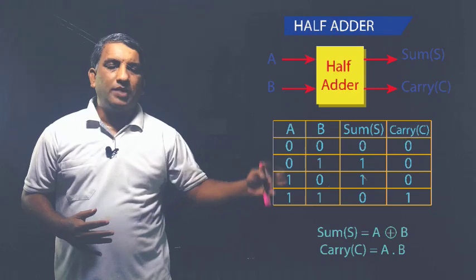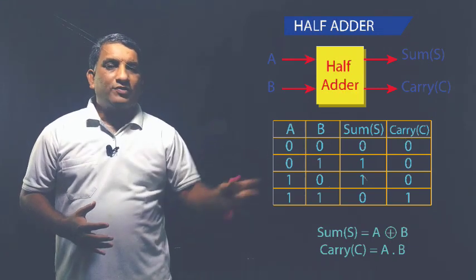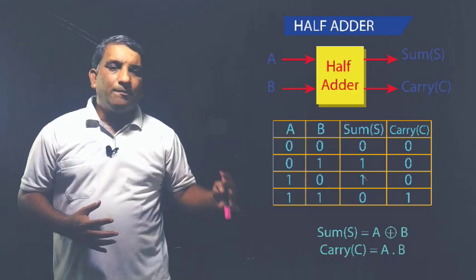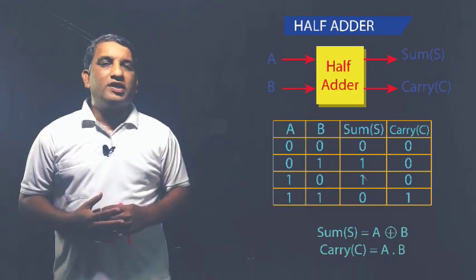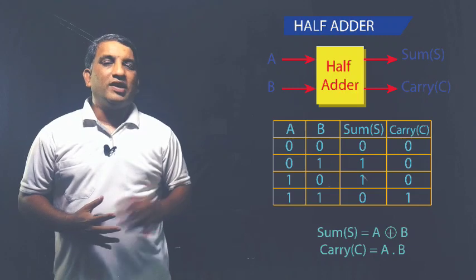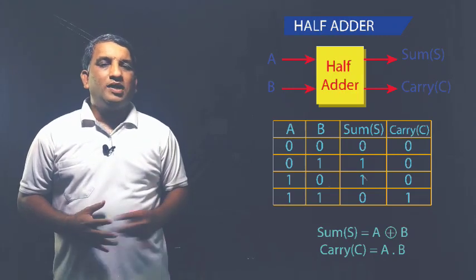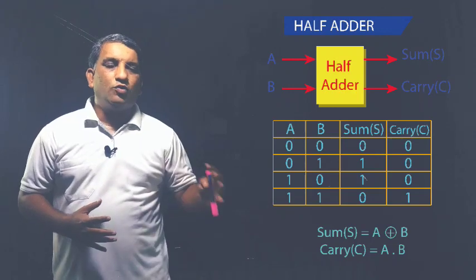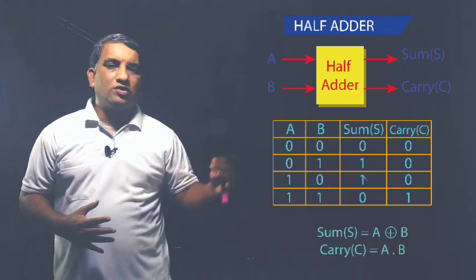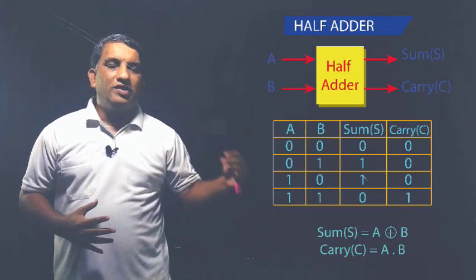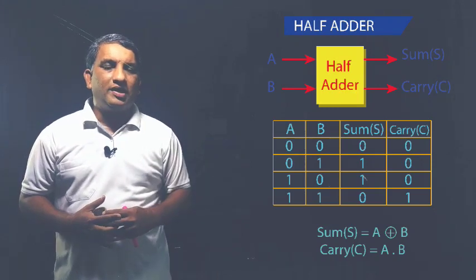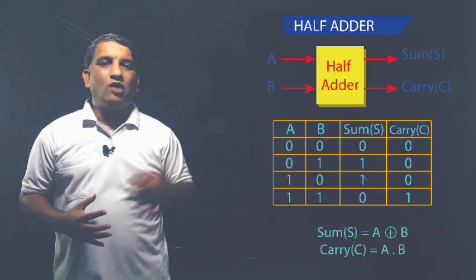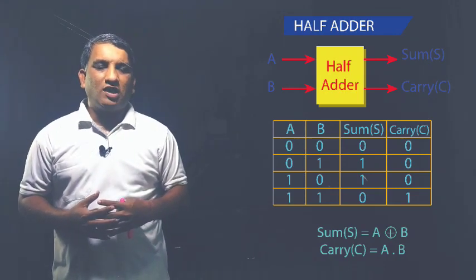Or you can say A dot B. So after looking at the fundamentals of this half adder, while implementing the VHDL statements, while writing down the VHDL program, these two output equations are very important: the output equation of sum and the output equation of carry. We can write down the VHDL statements for sum and carry and you will get the VHDL code. Now let us see how to write down the VHDL code for this half adder.